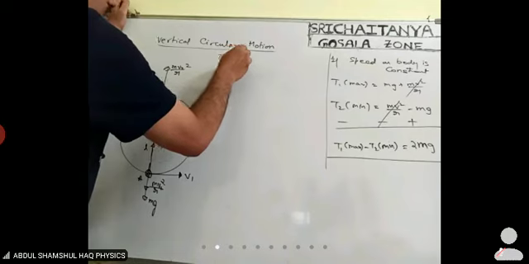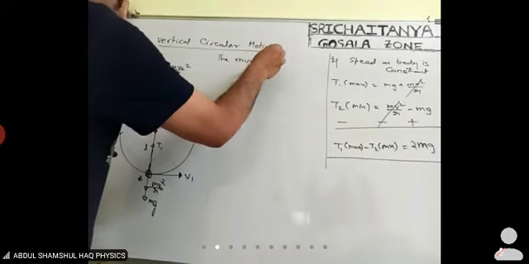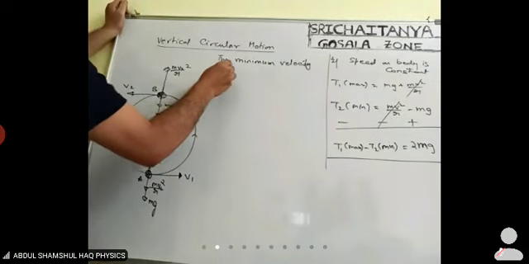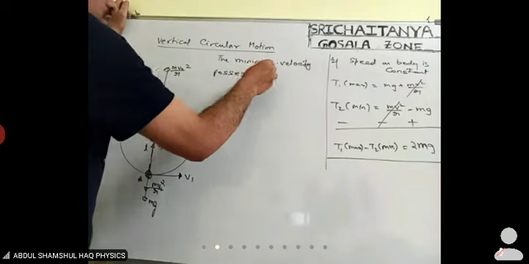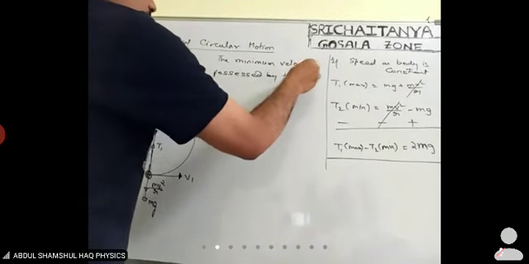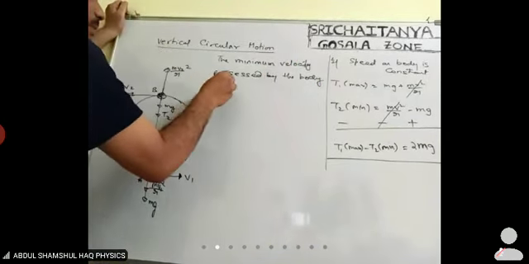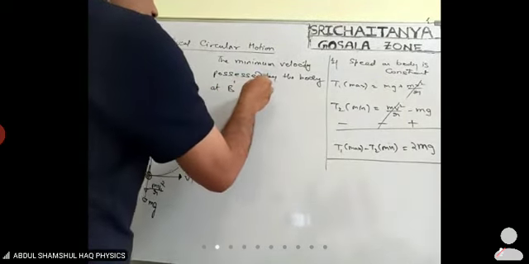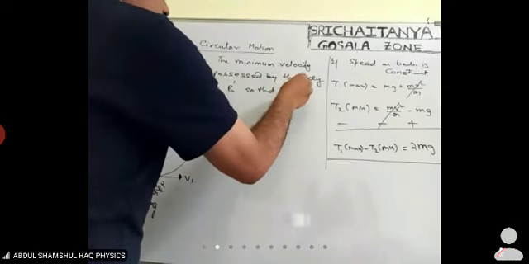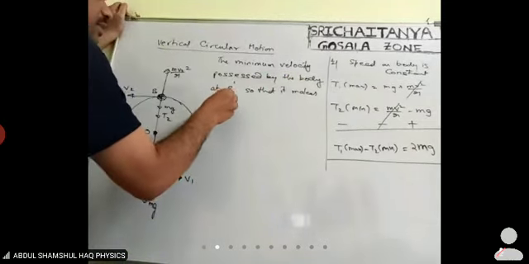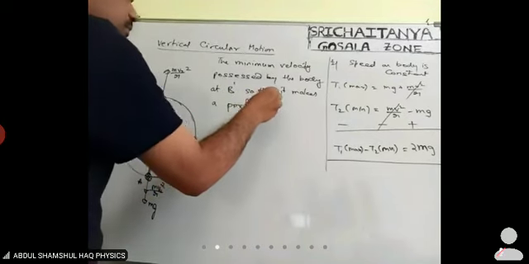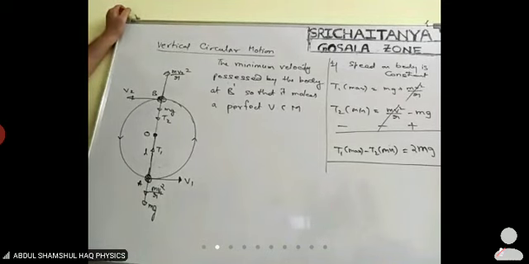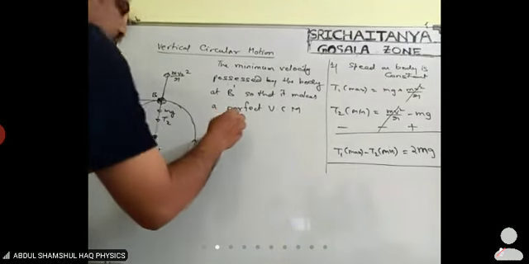The minimum velocity possessed by the body at B so that it makes a perfect vertical circular motion. For that to happen here, I can say